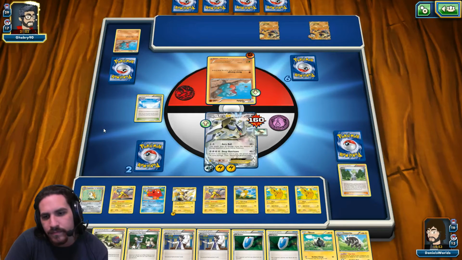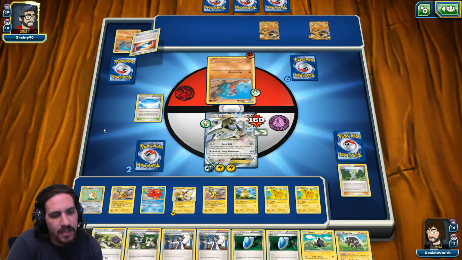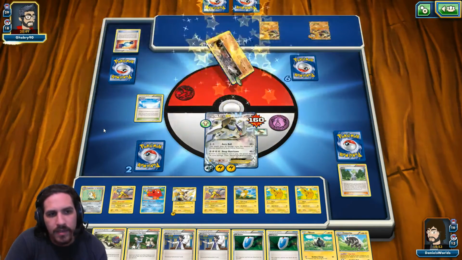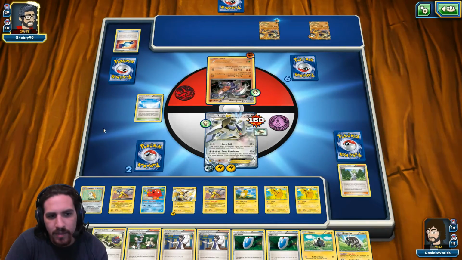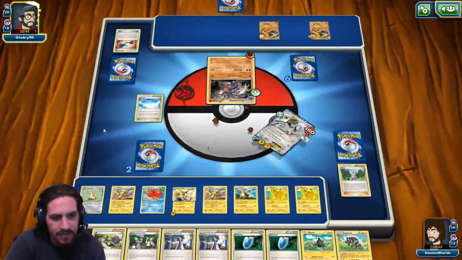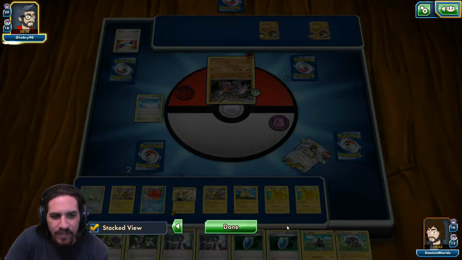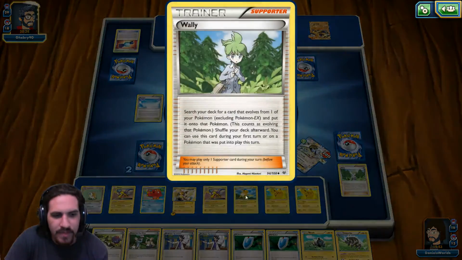Gibble. Can he rare candy this into a Garchomp? I mean, even if he does, I can simply... Yeah, so he's going to rare candy it into a Garchomp, he's going to kill Lugia, but then I'm just going to kill him on the backswing, because I have Sycamore. I have Sycamore to just new hand, try again, and if I don't find an energy within the top...